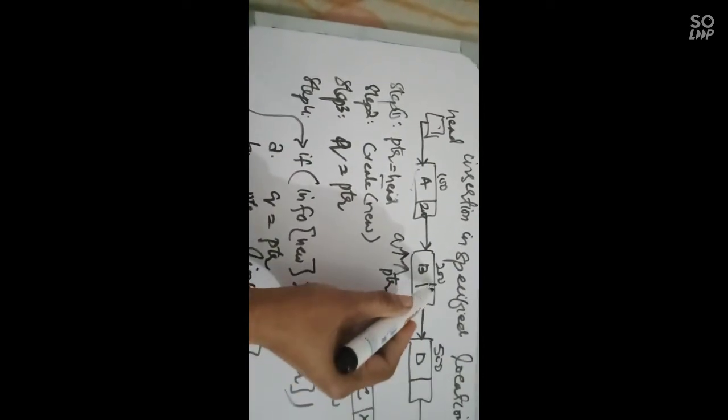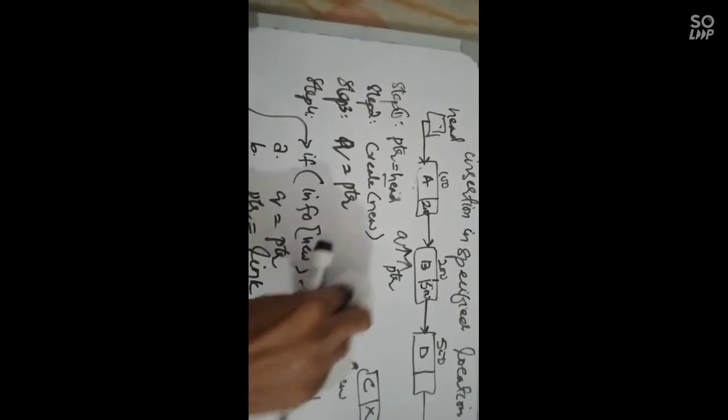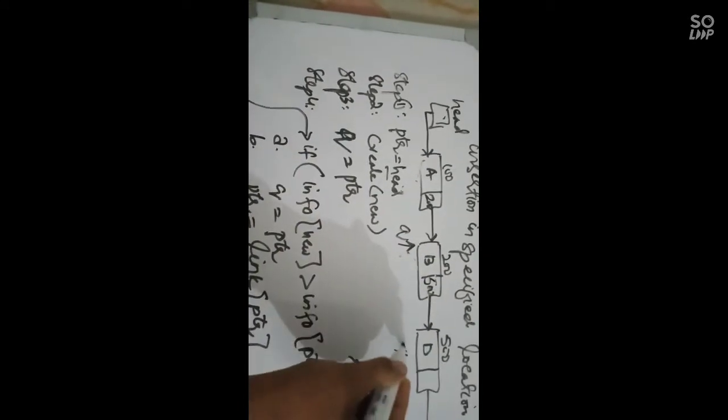और again ptr is equal to link of ptr. नाउ करंटली ptr यहाँ है, तो इसके लिंक में चूंकि नेक्स्ट नोड है वो है 500, ठीक? तो 500 है, तो आपके पास ptr जो है वो क्या करेगा, it will jump from this to this node. ओके, यहाँ पे आ जाएगा.